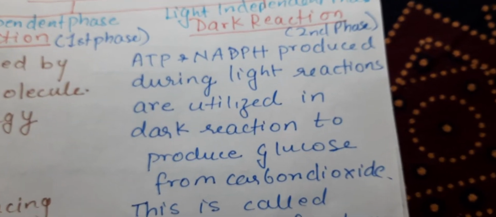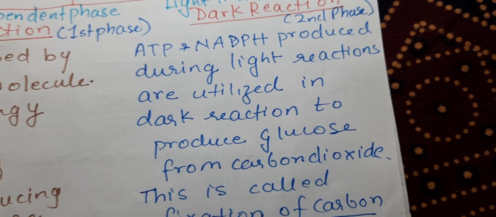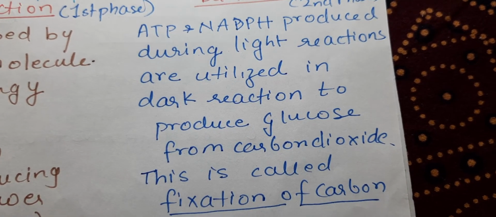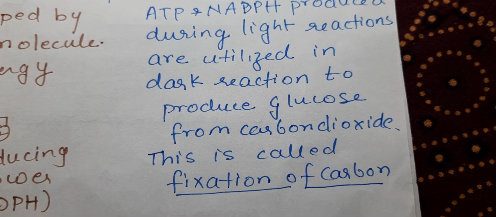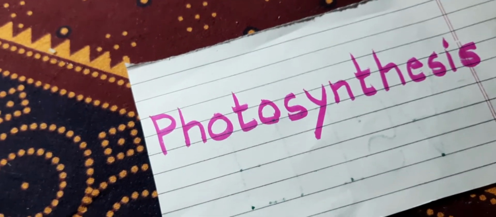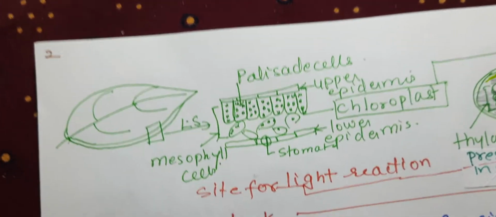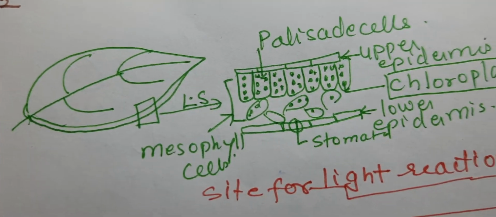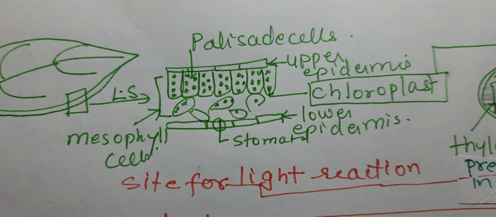If you see the dark reaction, the ATP and NADP which are produced during the light reaction are utilized in the dark reaction to produce glucose from carbon dioxide. This is also known as fixation of carbon. So we will see how these things are taking place, and before that you need to understand the structure of a leaf. So this is a leaf, and if you study the longitudinal section, you will find the upper and lower